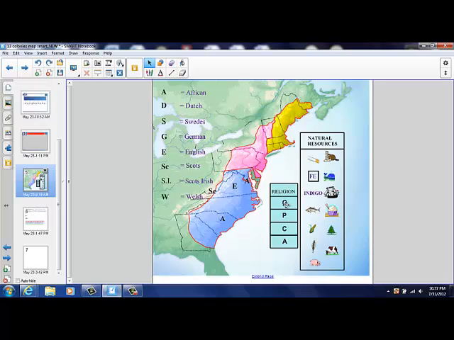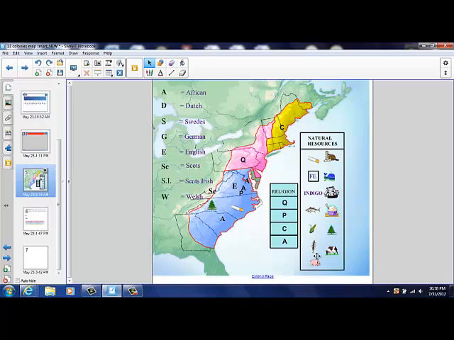different people groups throughout, and then of course your religions. We had some Quakers here in Pennsylvania, a lot of Protestants in Virginia, where your Catholics were up north. Of course you had some Anglicans in various parts of this region. And here we have our natural resources. Assuming this one's referring to tobacco, it looks like a cigarette, I'm not quite sure. We know that's very big down in North Carolina. In addition,